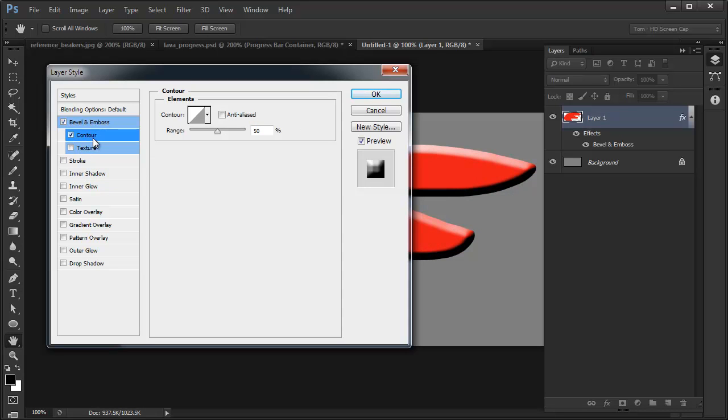Contour is the one that needs to be looked at very, very carefully, because contour is the way that you can take Bevel and Emboss out of the realm of the mundane and turn it into a powerful tool for creative expression. Essentially what the contour tries to do is define the shape of your bevel. In woodworking, a beveled edge is an edge that's not perpendicular to the plane. In other words, it's an edge that either angles its way inward or has a scalloped or a scooped shape